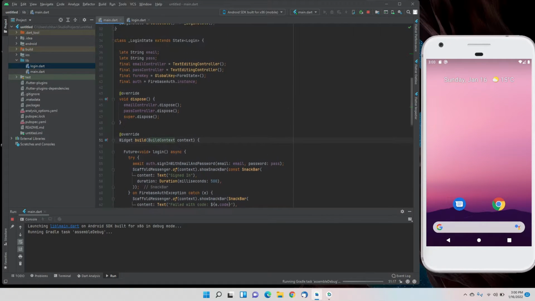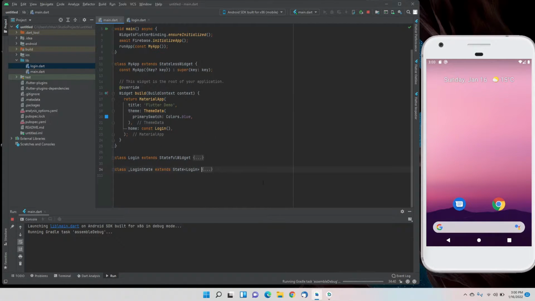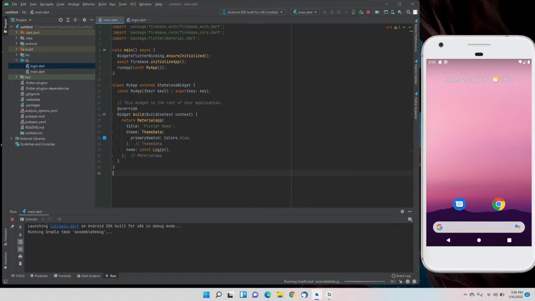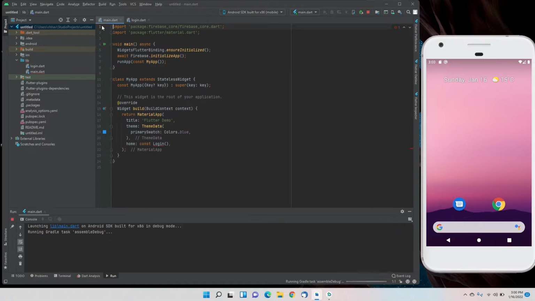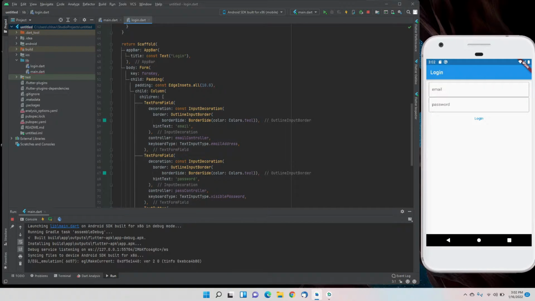Right now I am just doing some refactoring of the code while the project is being run. I just created a new file with the name login.dart, and we'll move our login class, the stateful class, to our login file. Meanwhile, we'll let the debug APK run on the app. Okay, the app has run successfully here, and we can see the login UI, which is not actually a UI, from the previous video.